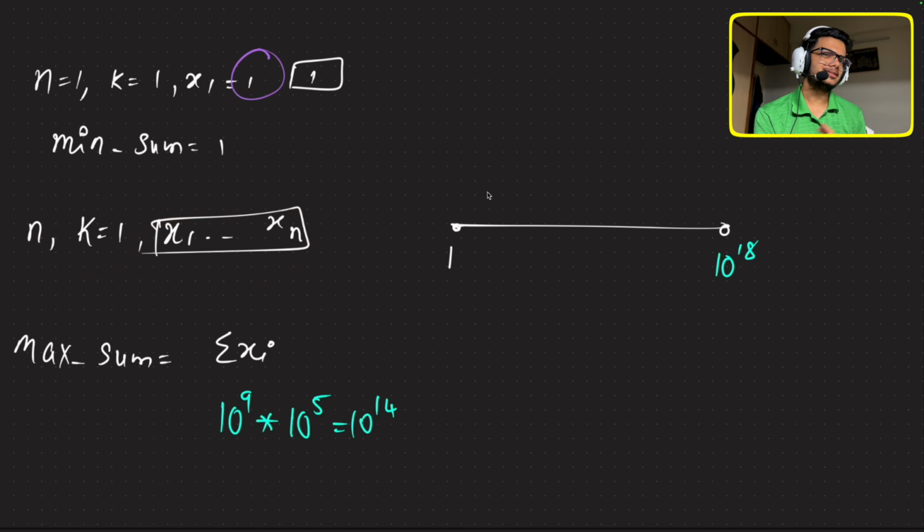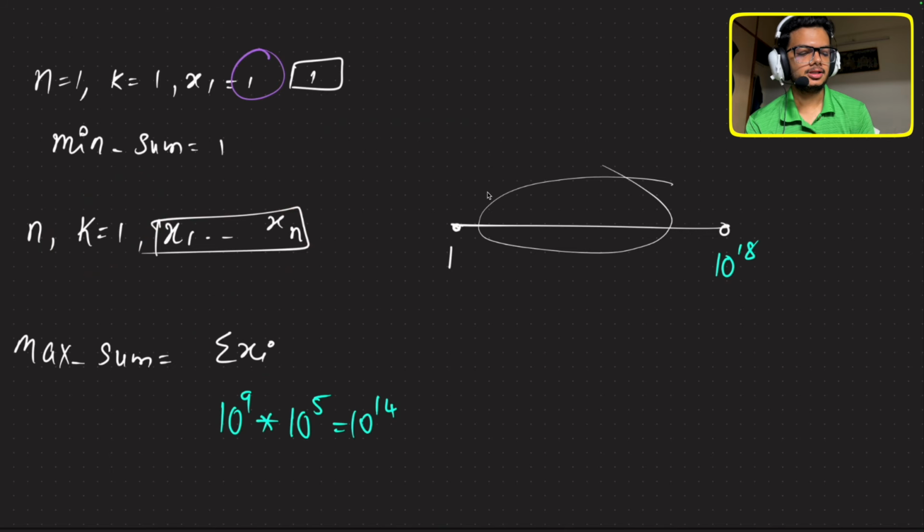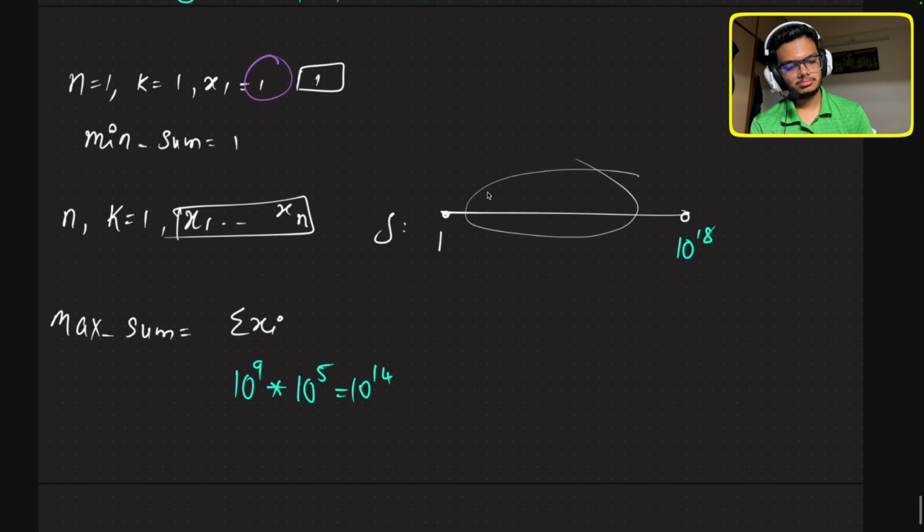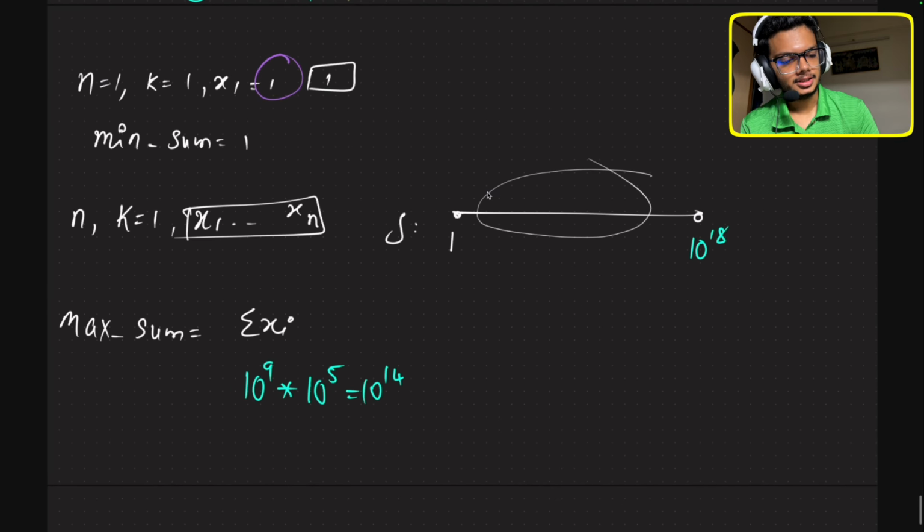Okay, I know it's less than 10 power 18, but it's safe to say that my answer lies in this range, the S value, right? The max of Si value lies somewhere here. Okay, now what? Now my question to you is, if I give you some sum in this range, let's call this as S dash, can I verify